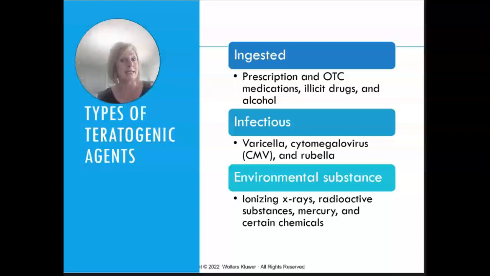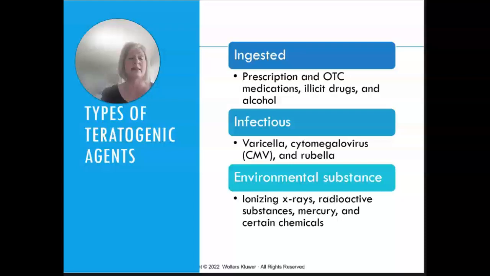We're not sure what it is, but they will definitely be born with something. These are teratogenic to our babies. Environmental things would just be like ionizing radiation. Those can be in our soil. It can be any place, if you work someplace where they're using a lot of ionized, radioactive substances, mercury, certain